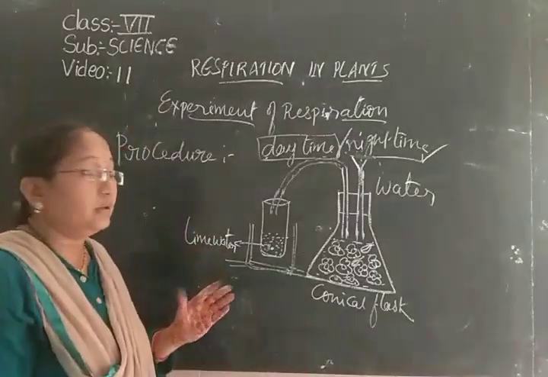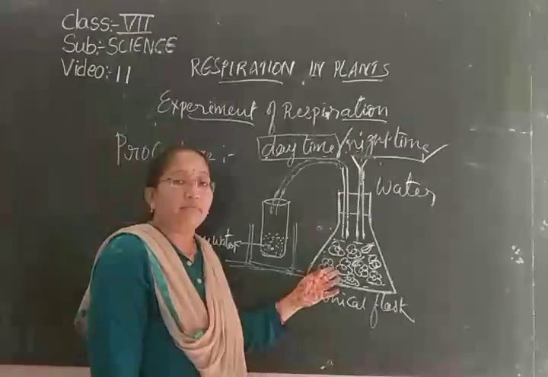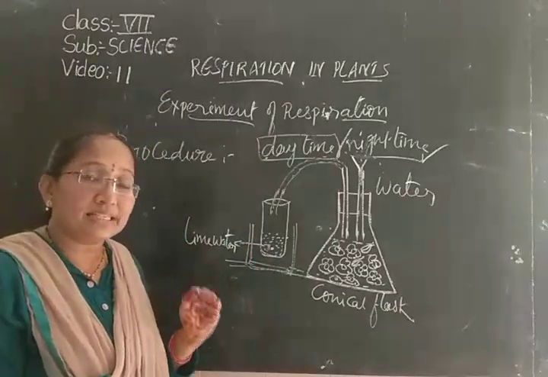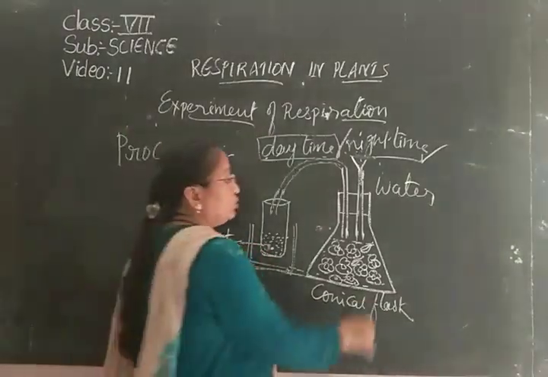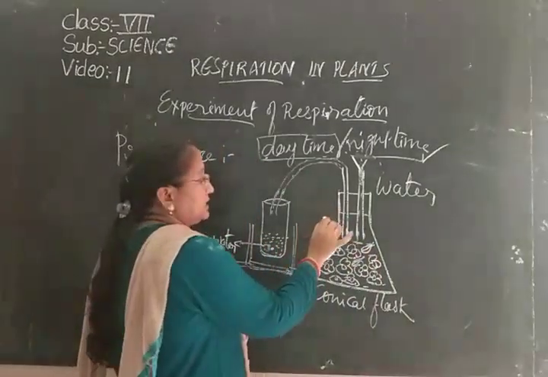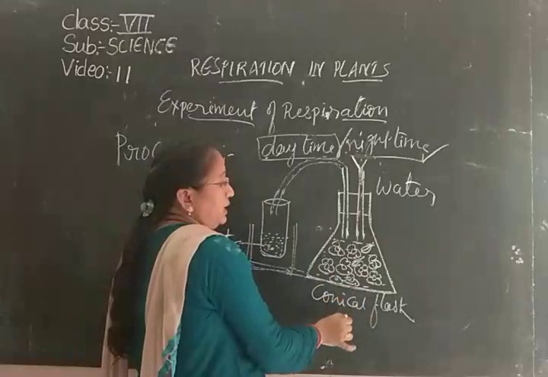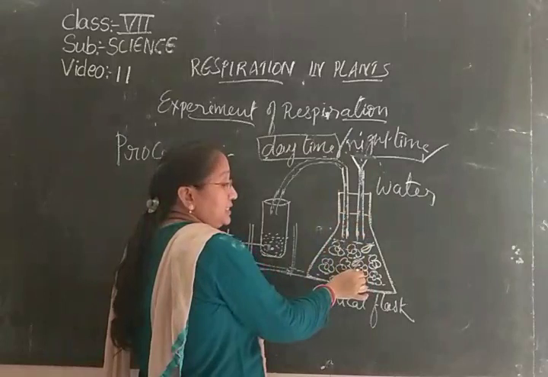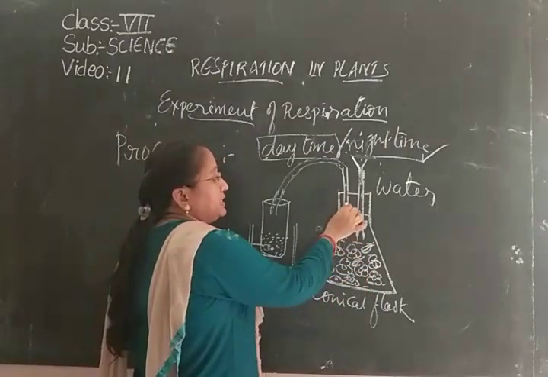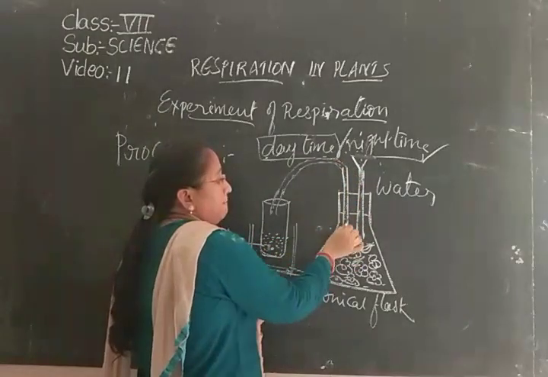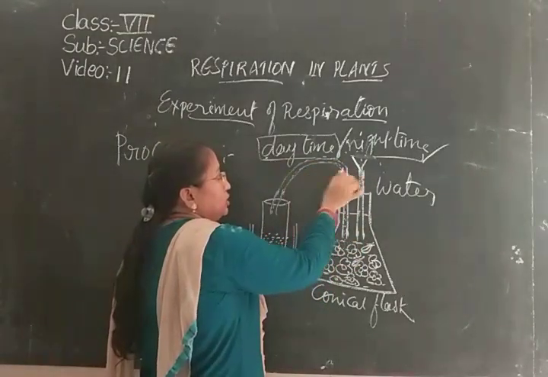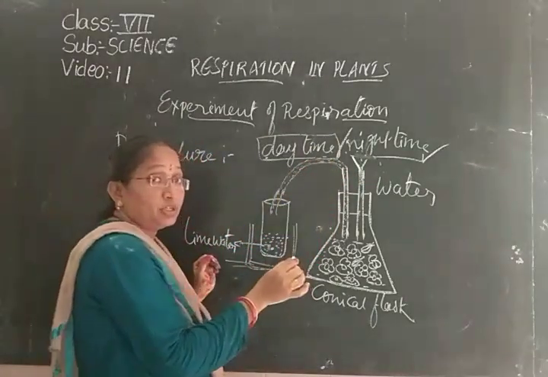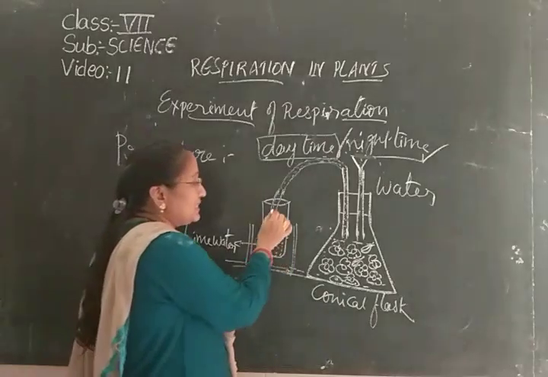Leaves I added, flowers I added. To the flowers and leaves, stomata will be present, lenticels will be present, isn't it? Now through that, exchange of gases takes place so that water is provided, and the gas which these flowers or leaves release will be passed on, see like this, to the tube, through the rubber tube, and where that gas is collected,